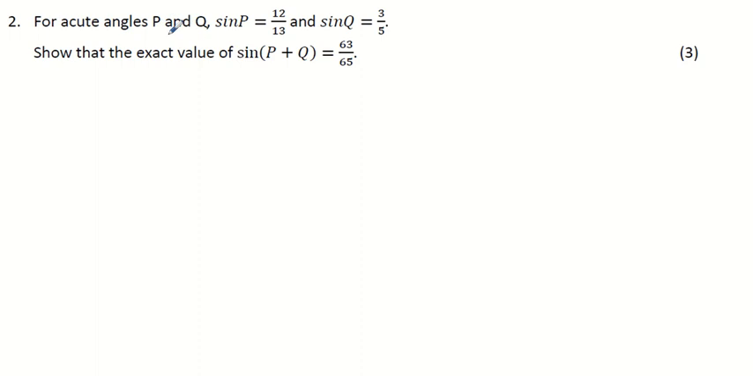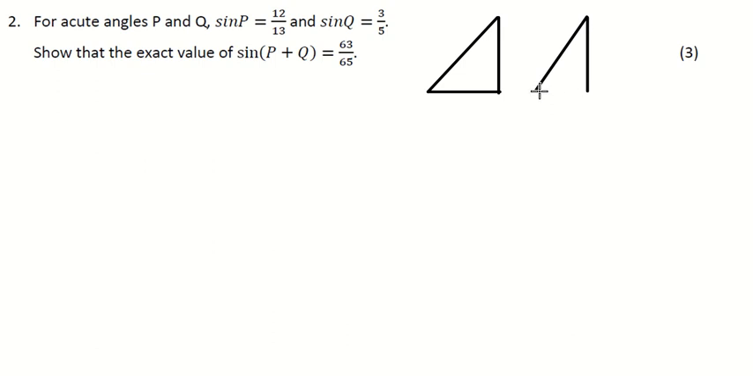For acute angles P and Q, sine P equals 12 over 13 and sine Q equals 3 over 5. And we have to show that the exact value of sine P plus Q is 63 over 65. So start off with two triangles, two right-angled triangles,